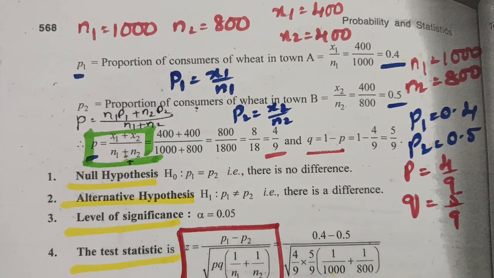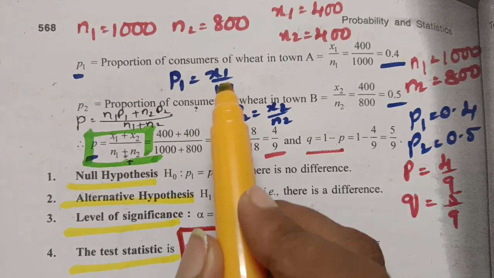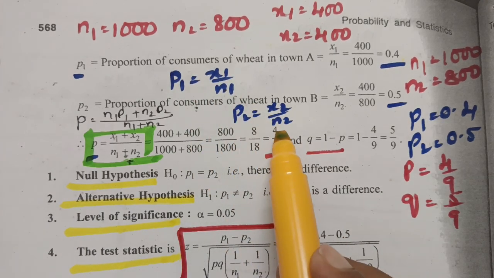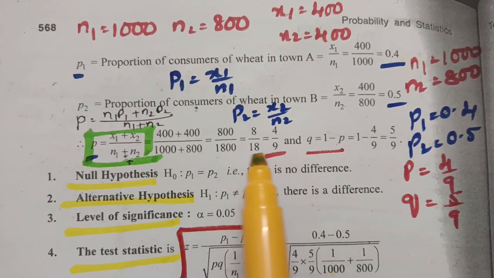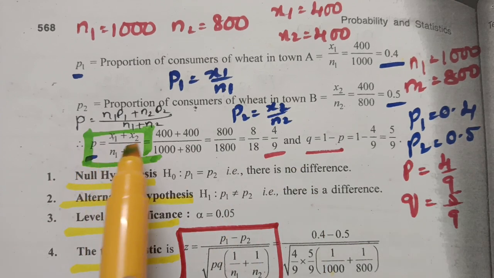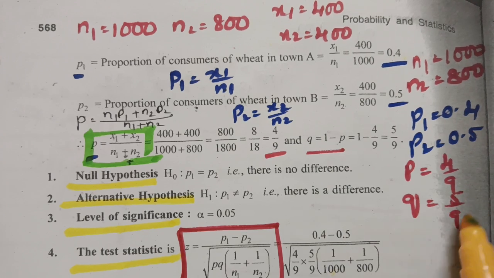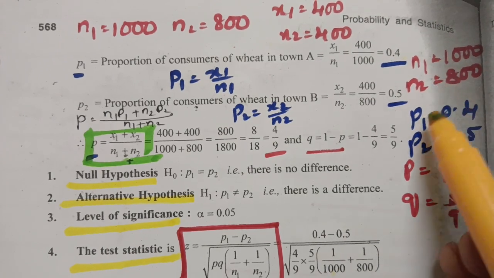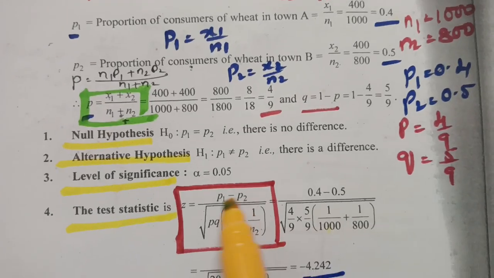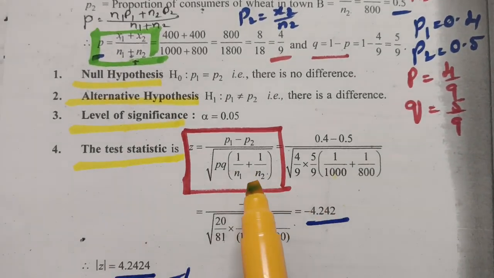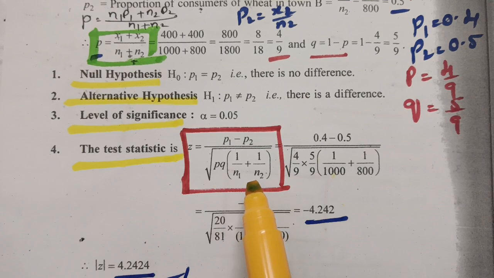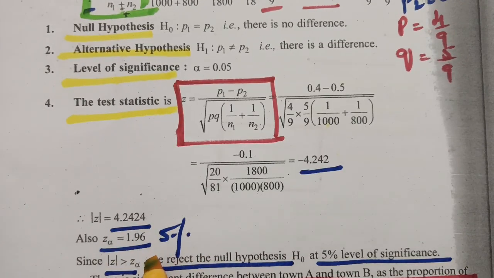We have to take N1, X1, N2, X2, and P1 is equal to X1 by N1. So the P1 formula is X1 by N1 and the P2 formula is X2 by N2. After getting P1, P2, small p is equal to X1 plus X2 by N1 plus N2. After getting P, 1 minus P is nothing but Q. So after getting N1, N2, P1, P2, P, Q, we have to substitute in this formula, and this formula is so important. After calculating, at 5% level of significance, the tabular value is equal to 1.96,